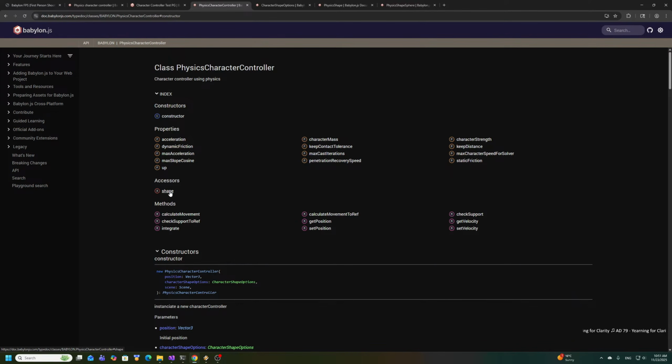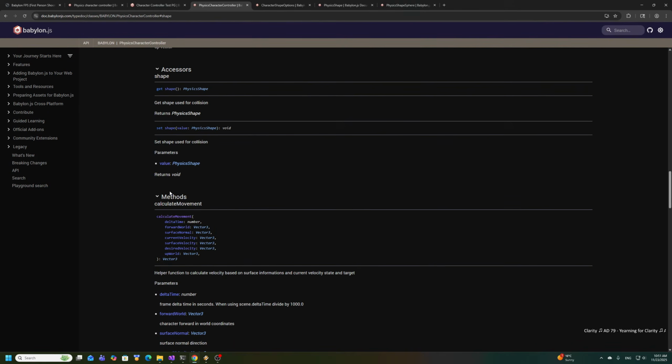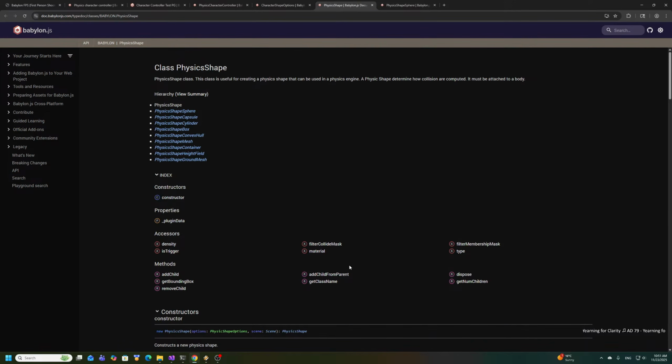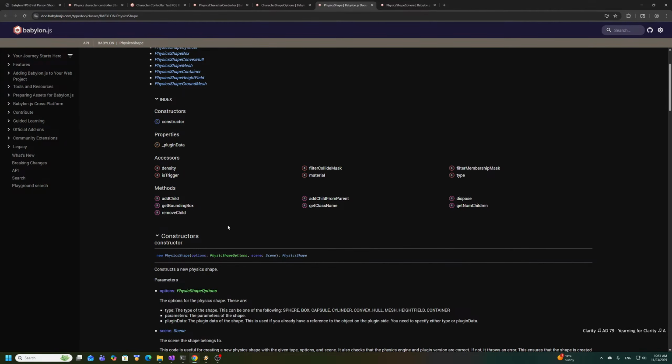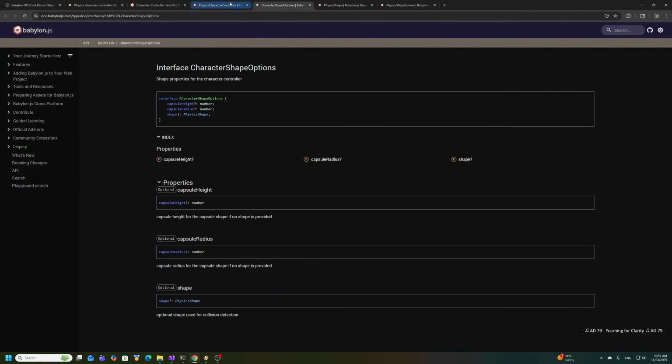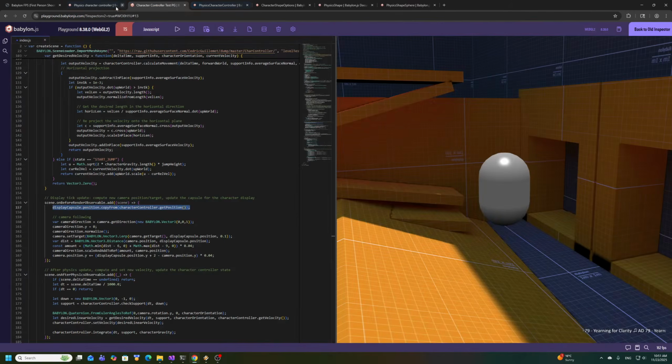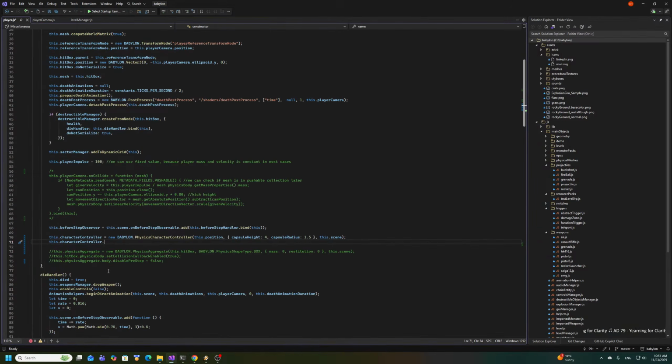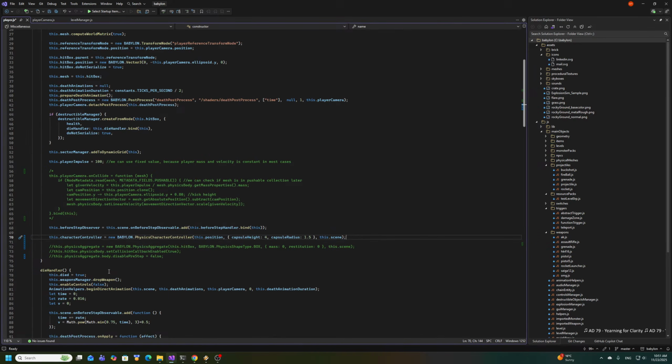Okay, it has shape. Okay, good. And physics shape has... No, it doesn't have a physics body. I don't know, we're entering scary territory, but okay, let it be. Maybe it's done well internally, and